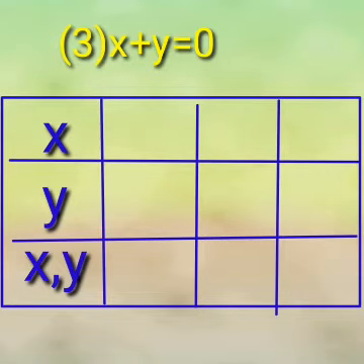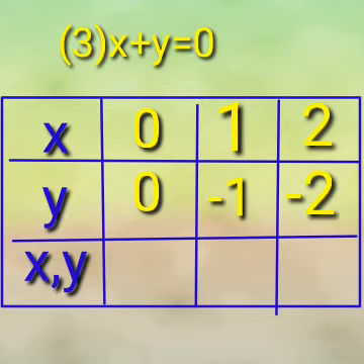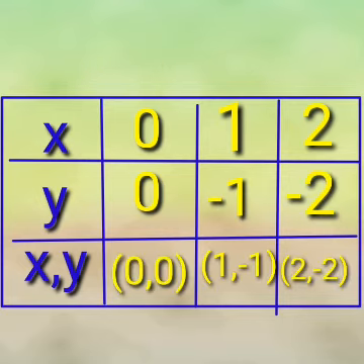In this equation, constant is 0. Take the value of x and y as 0, 0 in the same column. We increase the x value by coefficient of y, 1, 2. Because both the coefficients are positive and we increase the value of x, then y decreases by the coefficient of x: -1, -2. Now complete the last row.